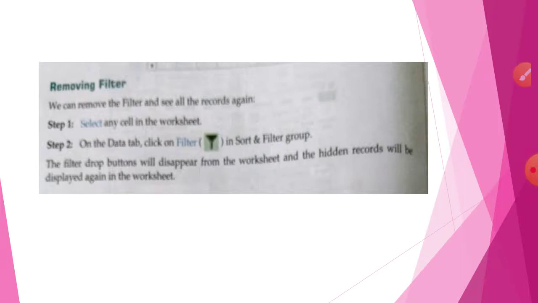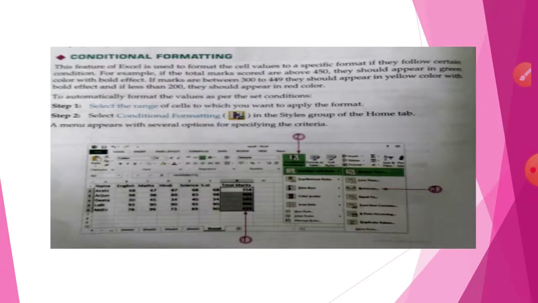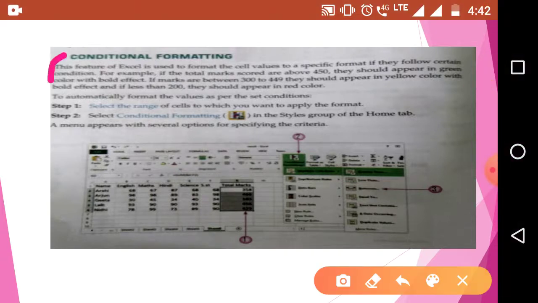Okay, now next question number 5. What is the use of conditional formatting? That you have to write down. Here conditional formatting is there. They were not asking about the steps, so there is no need to write down the steps. Only if you have written about conditional formatting like this, it is about conditional formatting only. But if the question is for 5 marks, then you have to note down some steps.